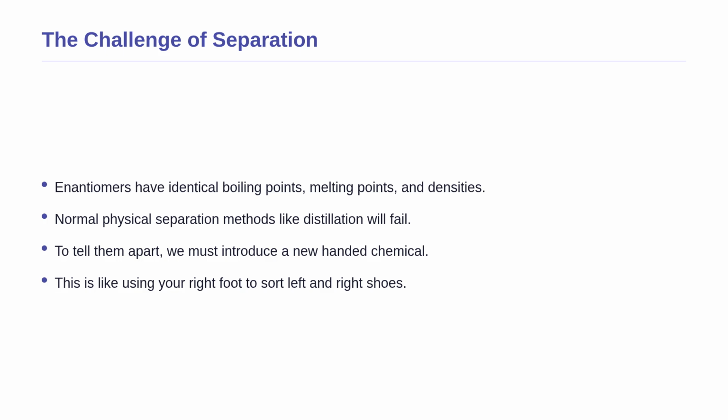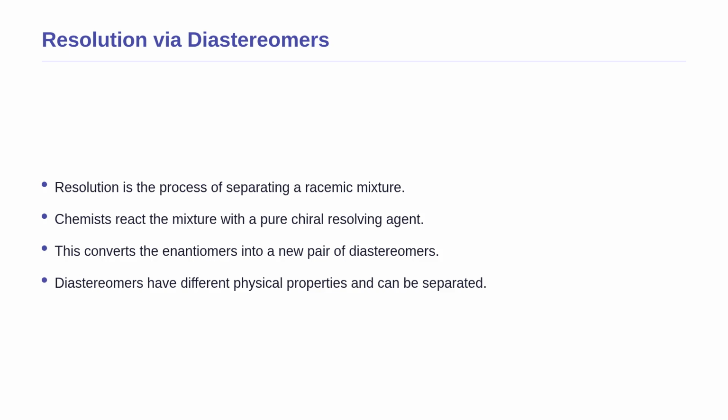In chemistry, enantiomers have identical boiling points, melting points, and densities. We cannot separate them using normal physical methods like simple distillation. To tell them apart, you need another object that also has a handedness. Just like your own right foot fits perfectly in a right shoe but feels terrible in a left shoe. This brings us to the chemical process called resolution, which is how we separate a racemic mixture into its pure